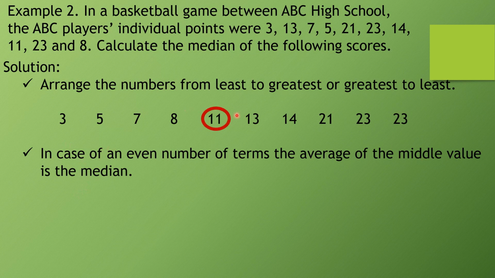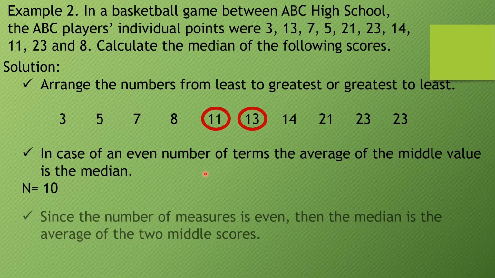So 11, we have here, before that we have 1, 2, 3, 4, 5, 6, 7, 8, 9, 10. So we have 10 data values which is even. So pangitaon lang nato ang naa sa tunga nga duha. So first we have 11 and 13. Since duha sila kabuo, dili ta ka-declare dayon nga silang duha ang median. What we need to do is to find the average. Okay. So we have n is 10.